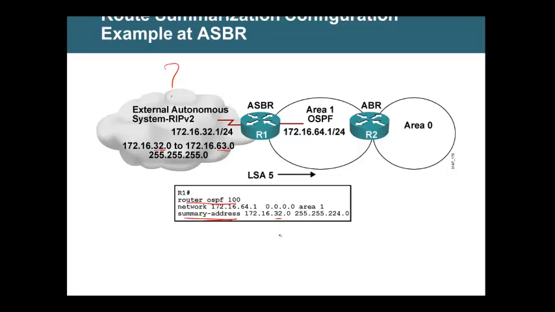255 minus 32. The block size is 224. Ignore 32 because we already mentioned that.